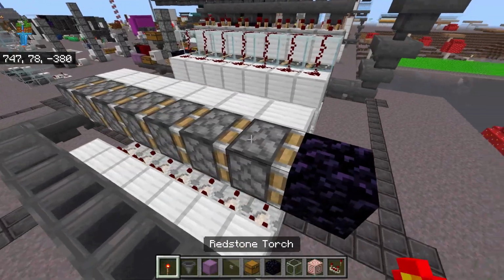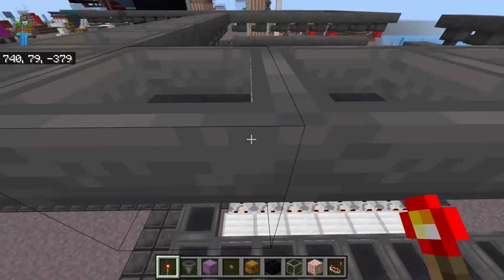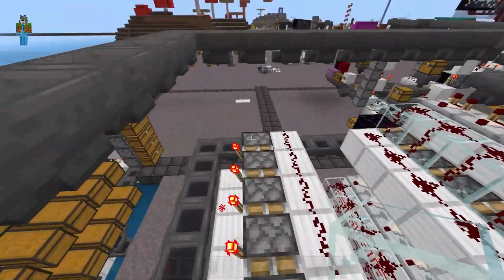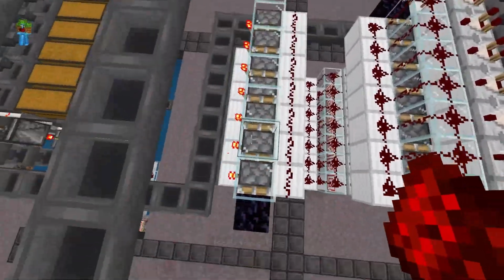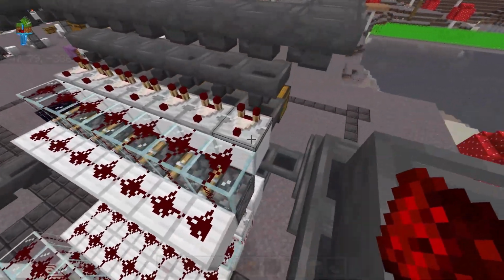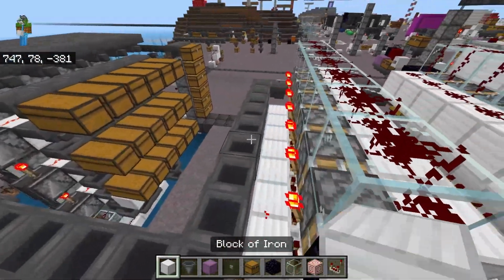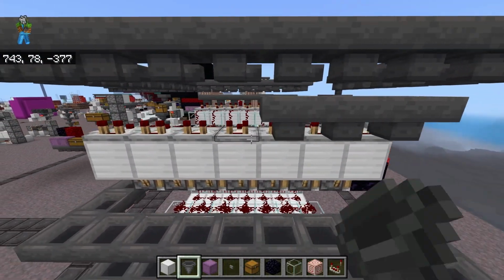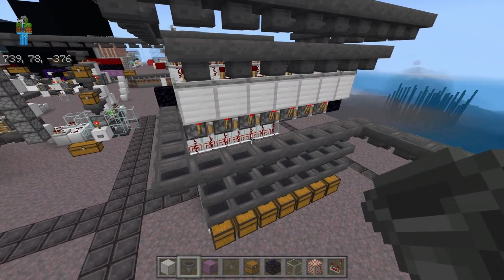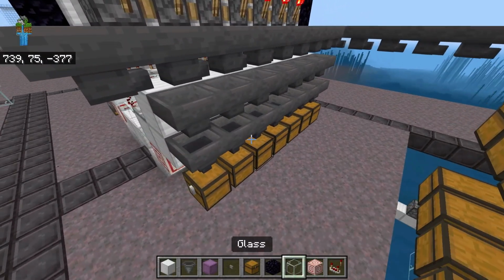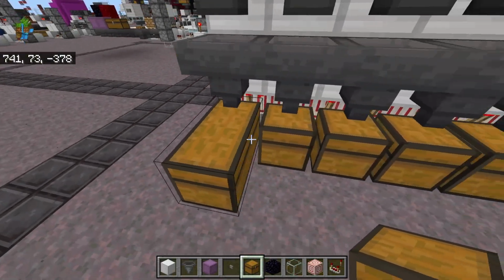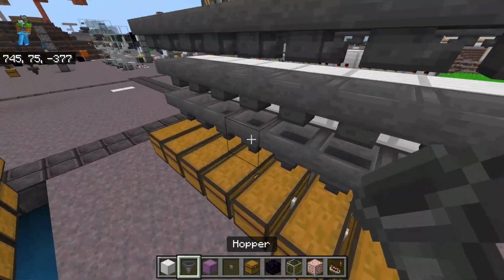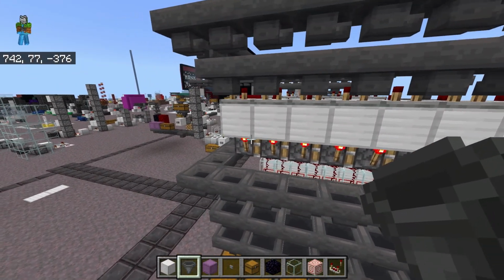Or if you have overflow protected designs under it, then you really won't be able to merge them together anyway. So there will be a gap of 2, if you end up mirroring the designs back to back, if you have overflow protected cells underneath it, that is. Because the overflow protected ones are 4 blocks wide, where these non-overflow protected are only 3 blocks wide. And for this side, just to give an example, I'm going to merge the cells together slightly differently. I'm going to have the chest be sideways rather than front facing, just to conserve space if that's something that you would like to do, especially since in this example, it's right next to the multi-item sorter.